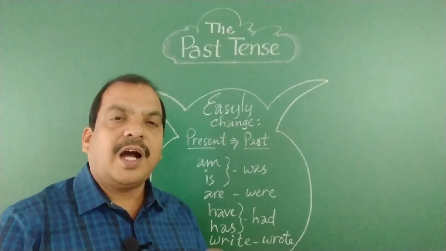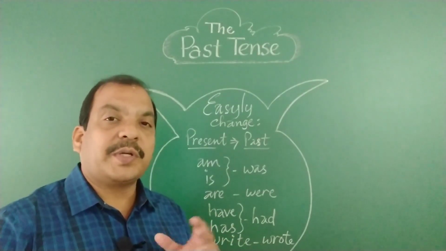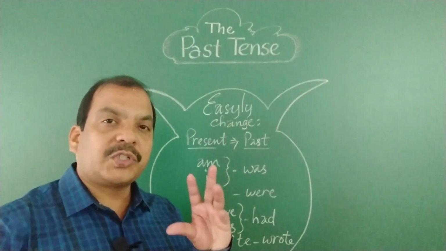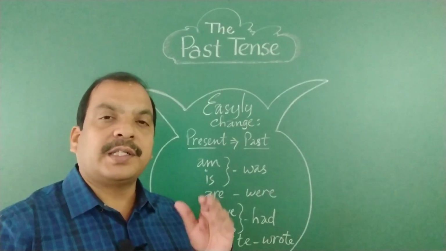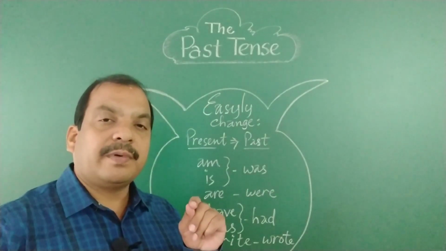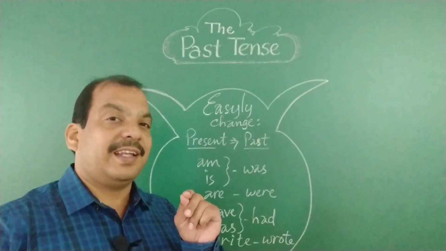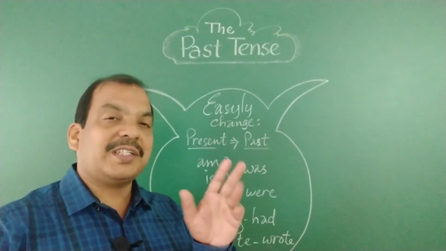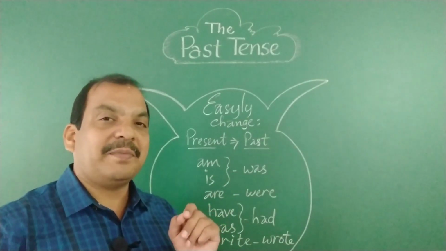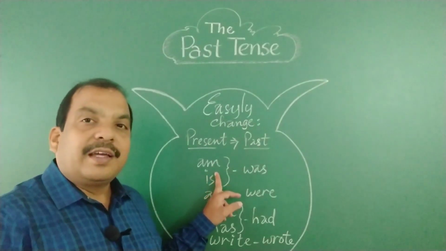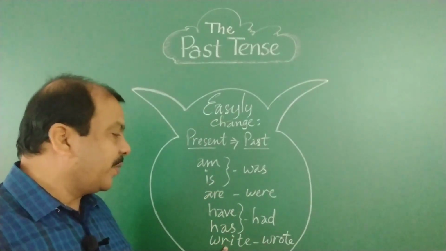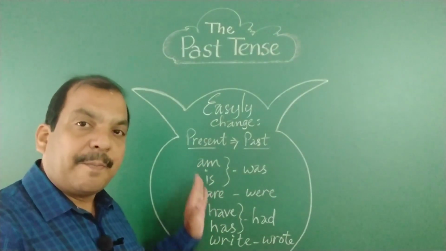See children, how very easy it is to get the past forms or past tense forms. When we talk about the structure or form of past simple, progressive, perfect and perfect progressive, and also the be verb and have verb, as I told you in my last class, it is the easiest, most modern way of writing the English language at the present time. You see, in the present simple, progressive, perfect and perfect progressive, we use only the base forms or the present forms.